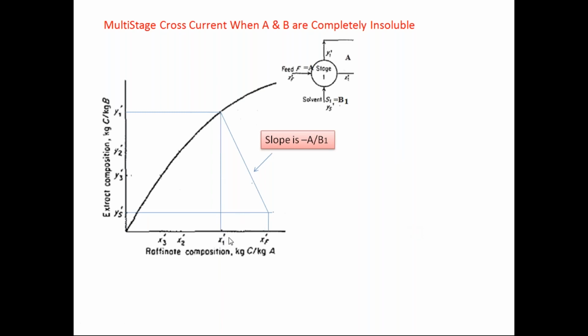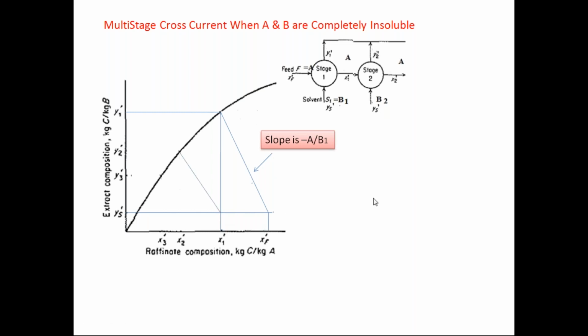So these are the concentrations of the solute, which is going into the second stage, and Y1 prime is the concentration of the extract which is coming out. Okay, so you'll get Y1 prime and X1 prime. Then they will be entering into the second stage. This is the second stage. To the second stage, this will be the feed and this will be the solvent. So feed is having this much concentration, and again the solvent is having the same concentration, because the solvent which is available has been divided. So you have the starting point here.